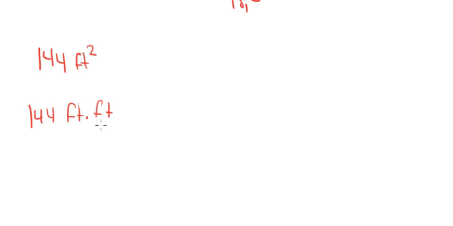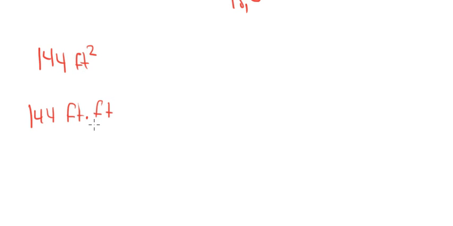Okay. But what we know is, for example, guys, we have 144 square feet, or feet squared. And we're trying to find out how many square yards of carpet we need. So we have to go from feet to yards. Okay, so if we're going to do feet squared, we're going to rewrite the problem into 144 feet times feet, right? Feet times feet is going to give us feet squared.